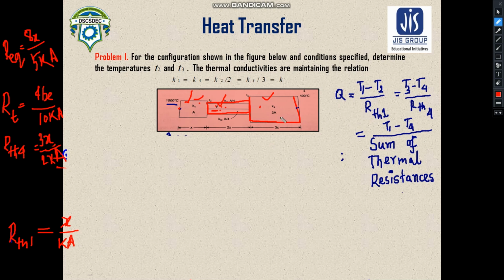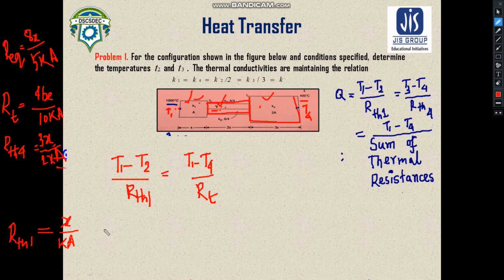So T1 minus T2 by the thermal resistance RTH1 is equal to T1 minus T4, this is your T4, by the sum of thermal resistances. So now you can write that T1 minus T2 by RTH1 is equal to T1 minus T4 by